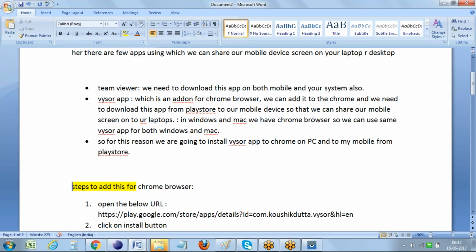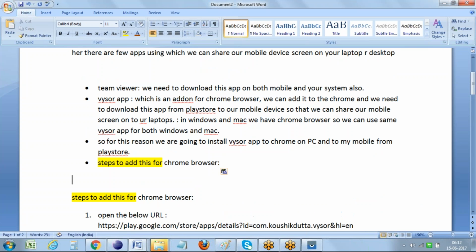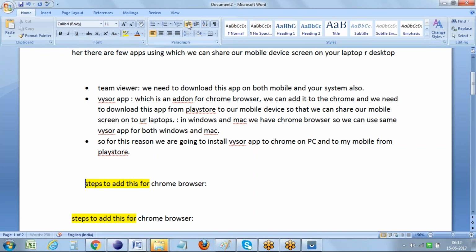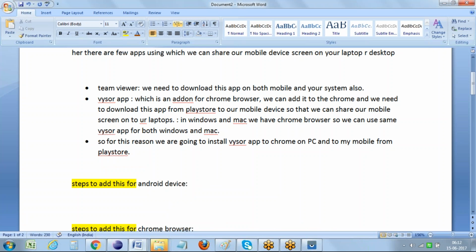And now here I'm making a point: steps to add for an Android device. Steps to add for an Android device. The various steps here are: